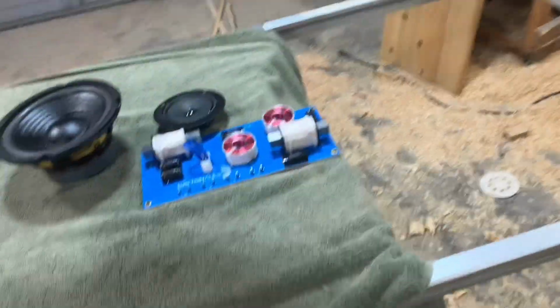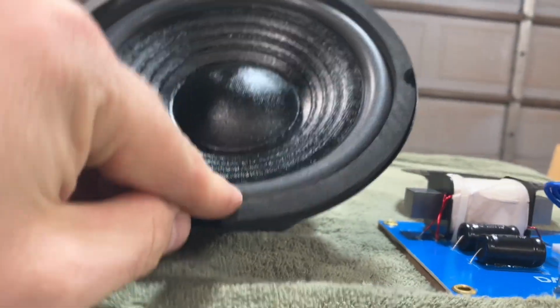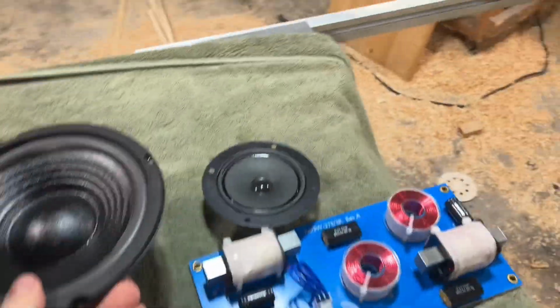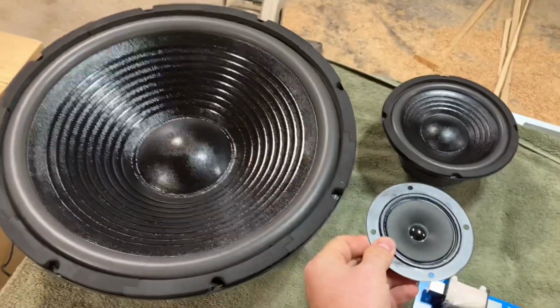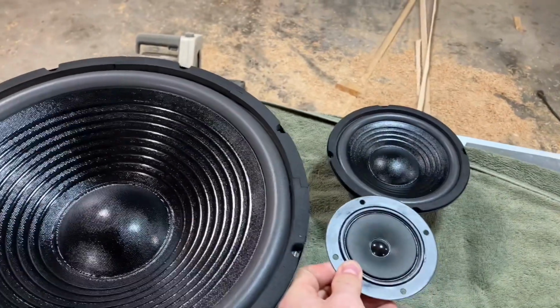The crazy thing is that the 6.5 has a bigger motor on it than this 15, which is okay, but I'm crossing this at 375. This should be really efficient to help with the vocals and stuff like that. So yeah, I have no idea which combination I'm going to do for setup. I don't want to do a snowman, looks kind of dumb, but